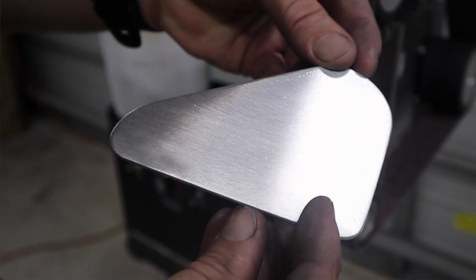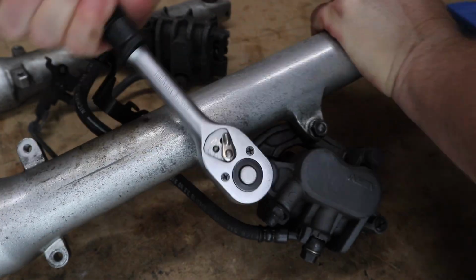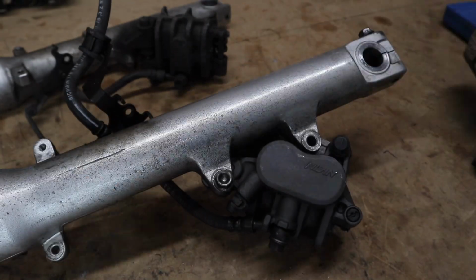I am Dan, and in this video I'm going to share with you how I get that beautiful brush finish that you see on all different metals. Let's get into it. I'm starting on a set of aluminium outer fork tubes and using my belt grinder with